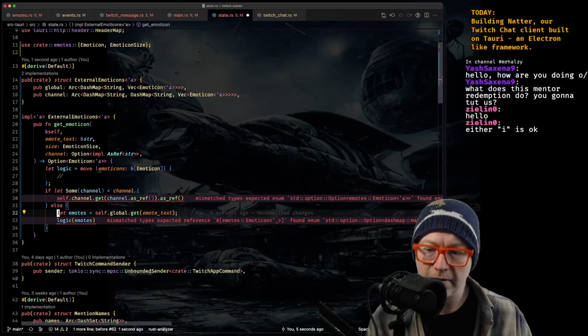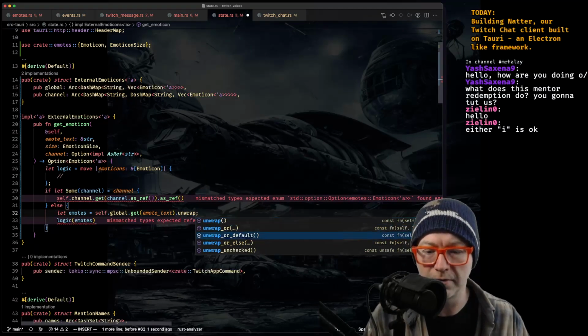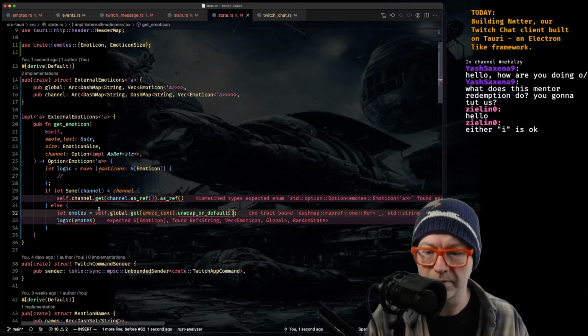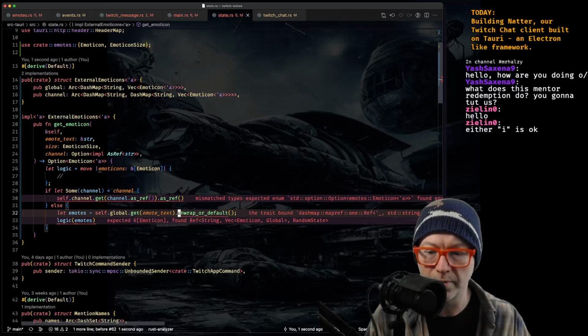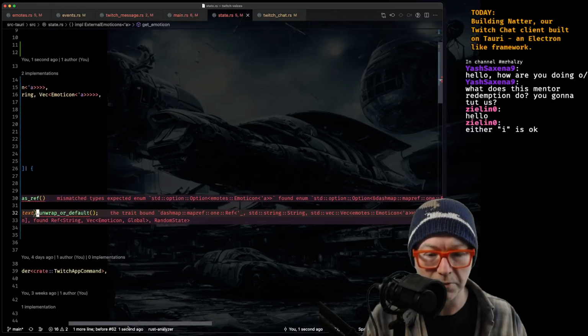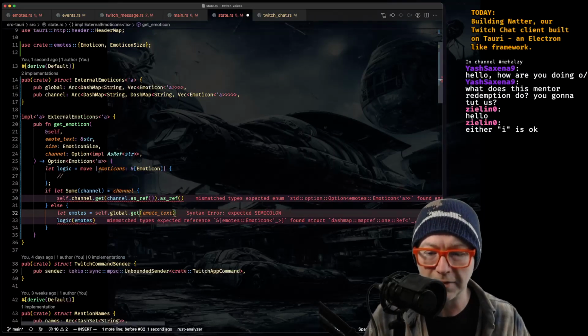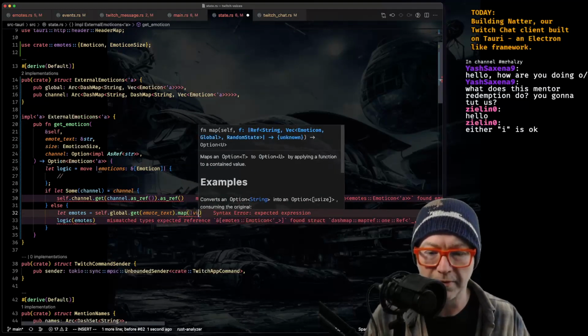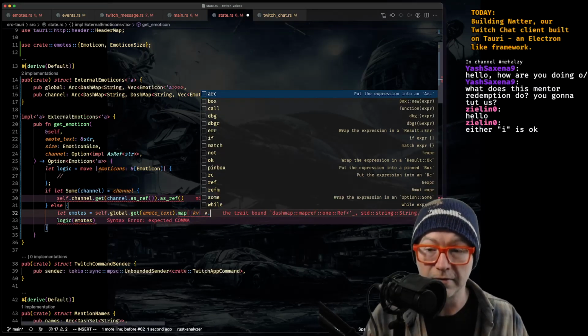What if we don't find it? Let's just unwrap our default. Trait one. Oh, we can't do a default to a ref. Oh, it's giving us the whole ref thing. Dot map kv v dot.